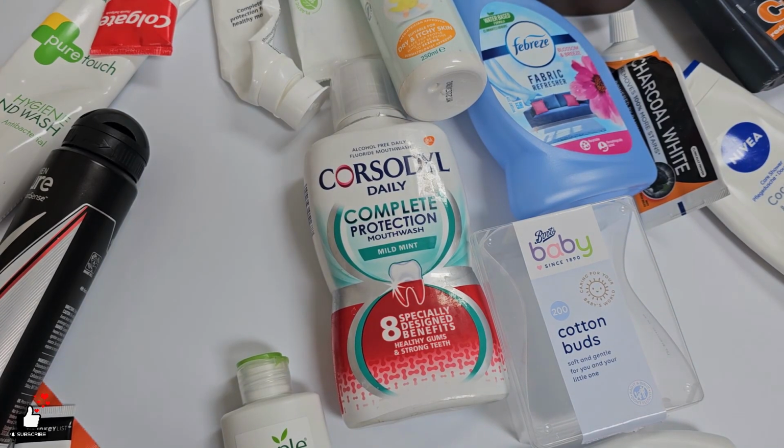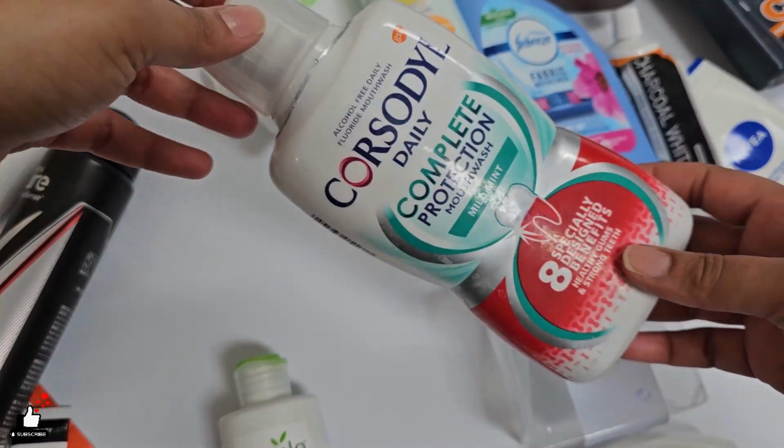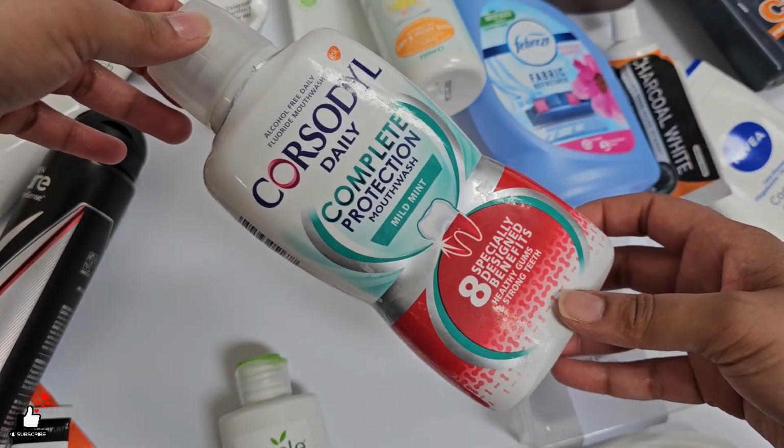I have a couple of other shampoos that I want to try out before I purchase any other types of shampoos. So if we go with this one, because it's the one I can see,